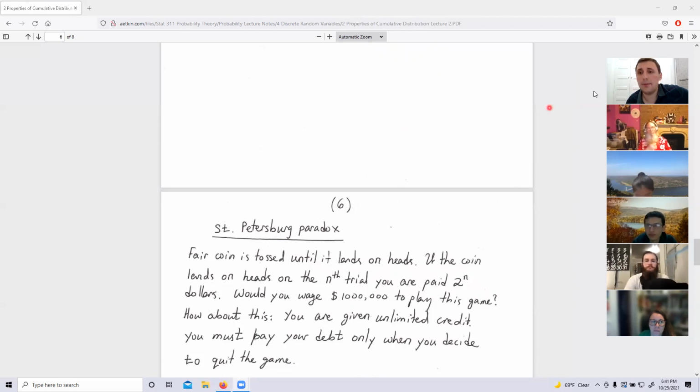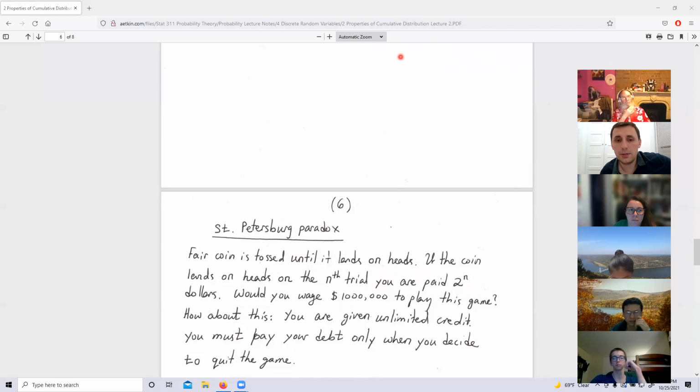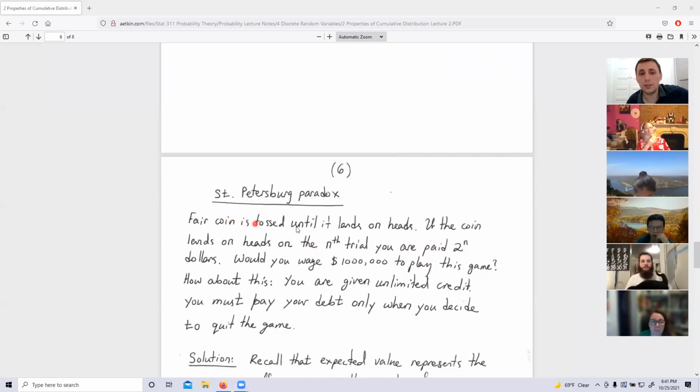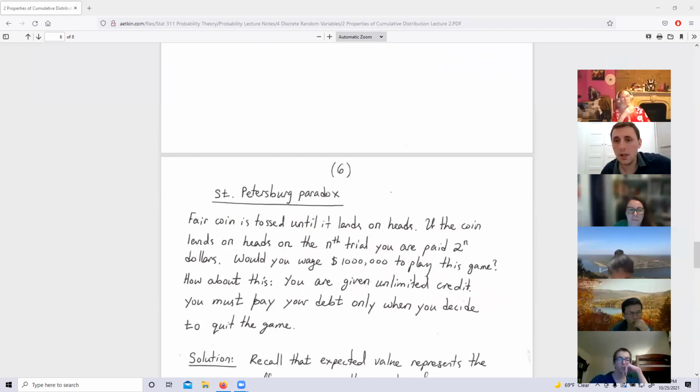So here is a game that you're offered. Suppose you come to a casino and they tell you the following. They tell you, we're going to toss a coin. It's a fair coin. And if the coin comes up heads on the first roll, you get 2 to the